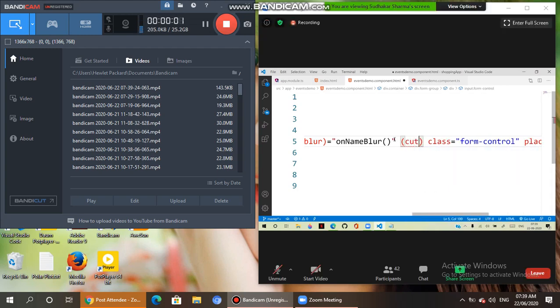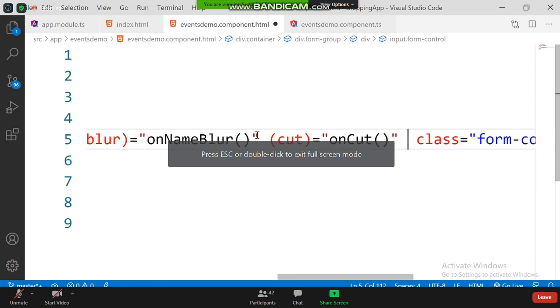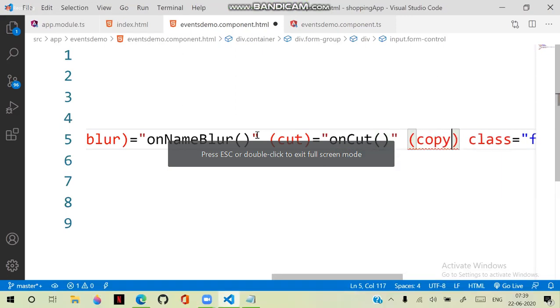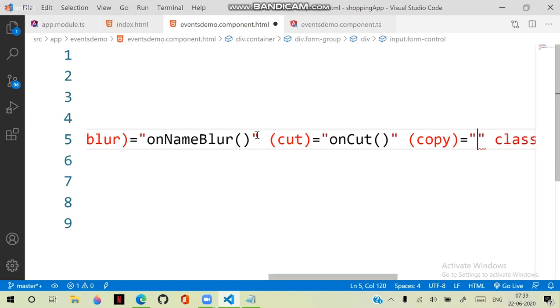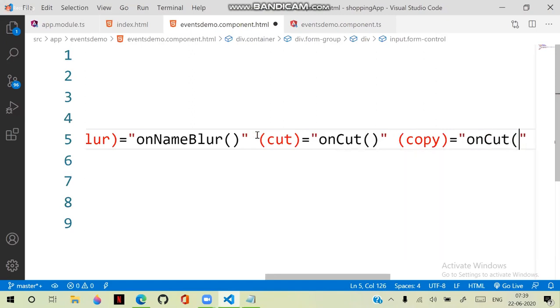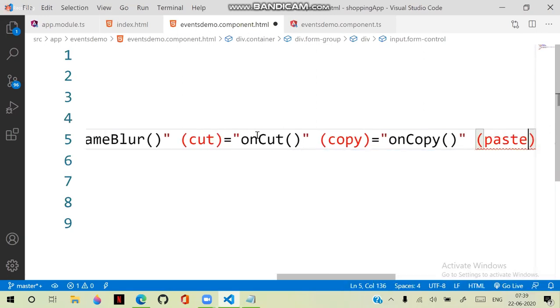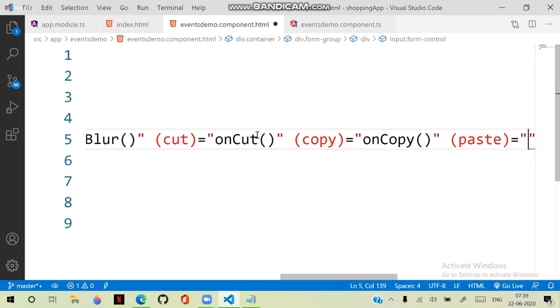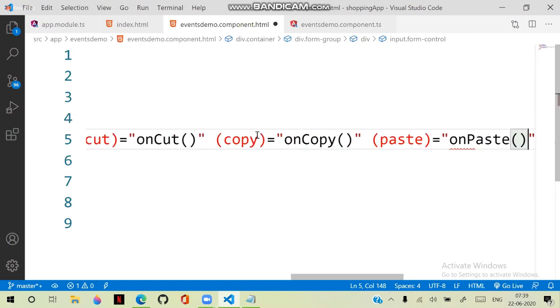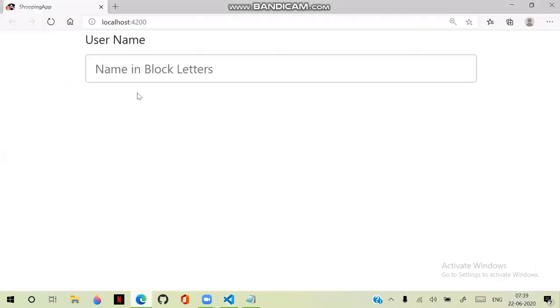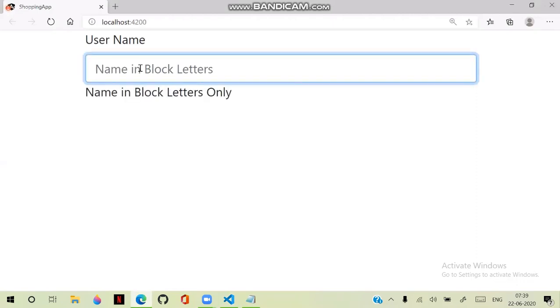We have the event cut, and here on cut, and we have the event copy, and that is on copy, and we have event paste on that. So on paste, these are the options defined. That means whenever you are handling those actions here, that means I typed something here, and it is converted